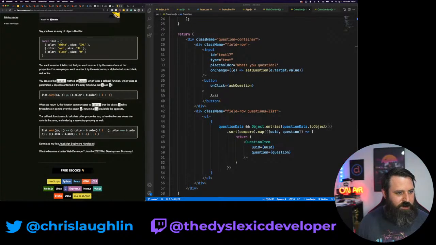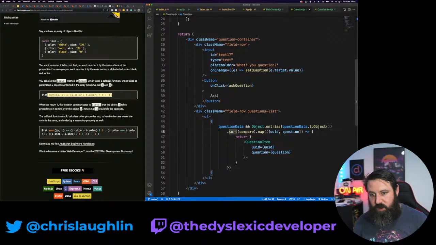That's what I'm looking for. This seems like it's simpler. A and B. A color greater than B. Right, so we'll grab this. And we'll see where we get with it.